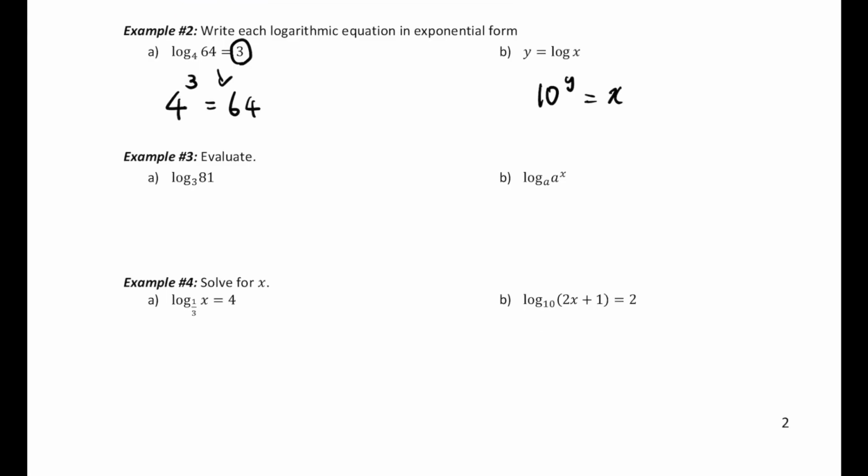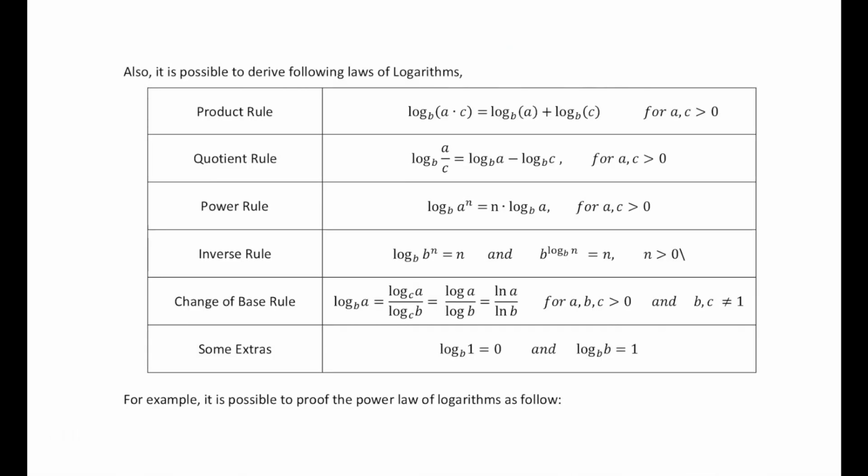Okay, so we have to try examples 3 and 4, but before trying these examples, we're going to visit the laws of the logarithm first. So the laws of the logarithm are the following. It's very similar to the exponential rules, but a little different. So the product rule: when you can separate the number of the logarithm, for example log b 6